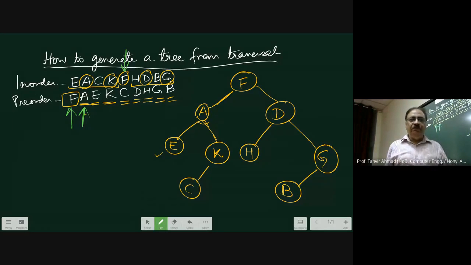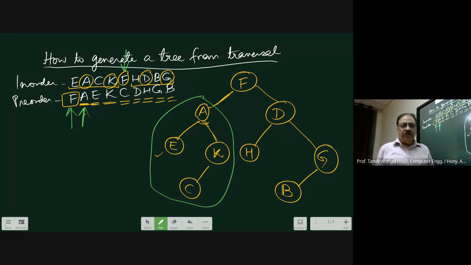Now when you are doing a pre-order for a subtree, अब इस subtree को देखो. इसका pre-order होगा, सबसे पहले A आएगा. इसके मतलब A root बन जाएगा, क्योंकि F के बाद जो next node आएगा वही तो होता है pre-order. Pre-order में क्या होता है? Root, left और right. इसके मतलब पहले root F है तो just next node A होगा, A root बन गया. अब तुम यहाँ A चेक करो,